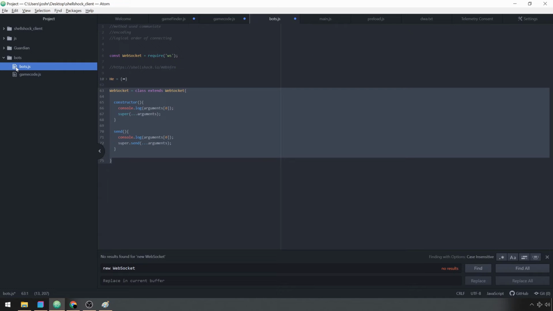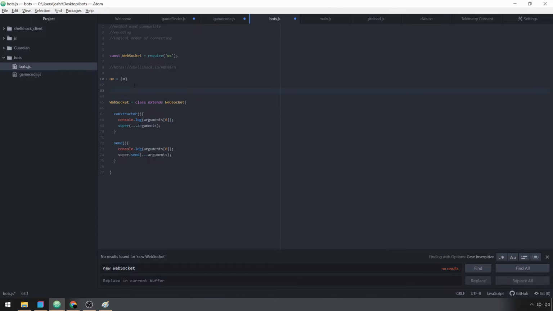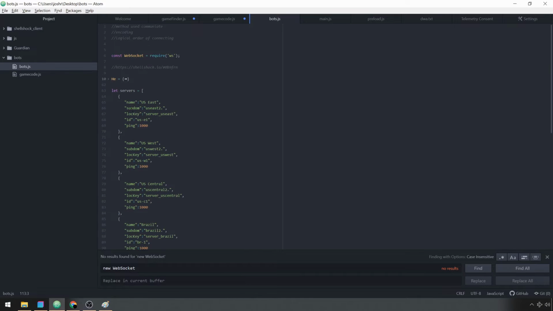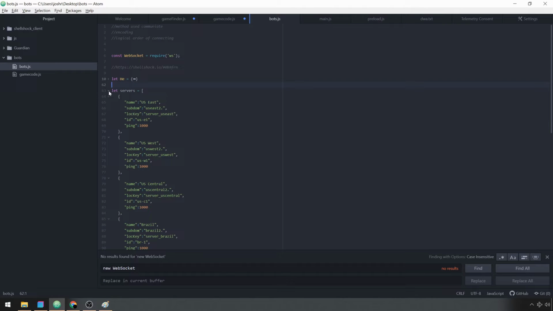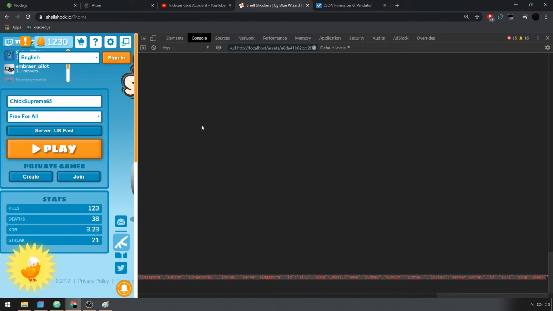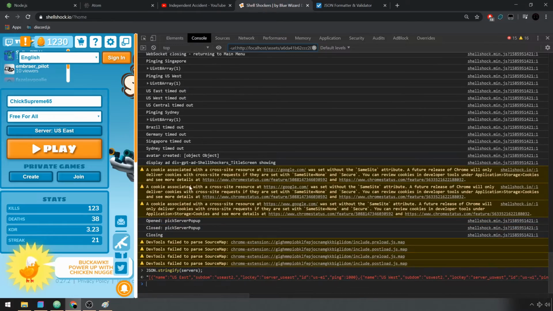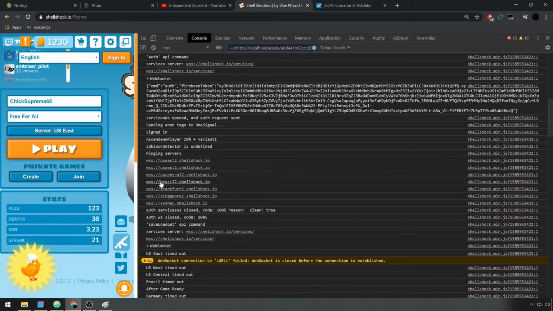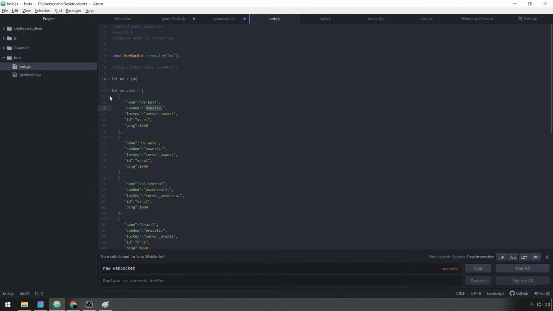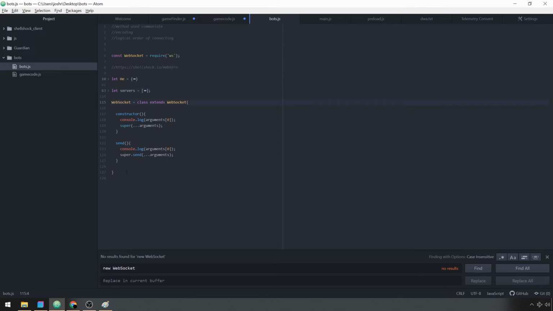And then we go back to our bots.js and let's make a let servers equal that. Let's change this to let as well. So now we've got servers, and as you can see, subdomain, we're going to be using this to build the URL, because if we go back to shellshock.io, it's connecting to like the country.shellshock.io. So now what we're going to want to do is get rid of this,